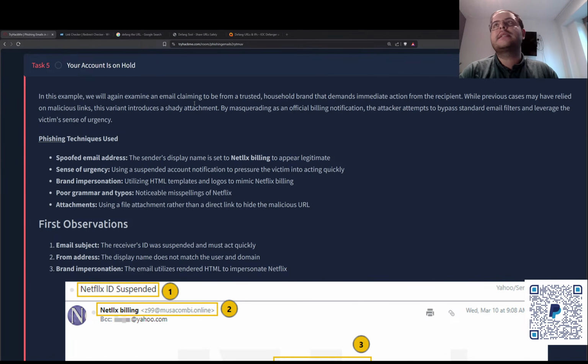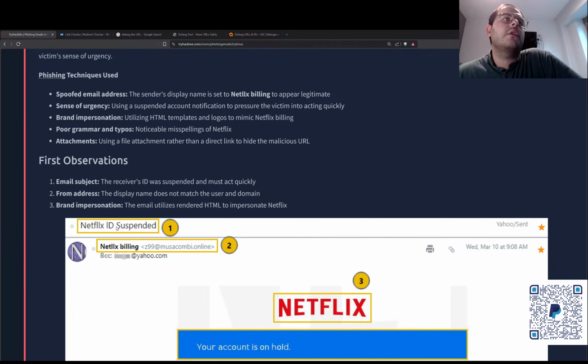While previous cases may have relied on a malicious link, this variant introduces a shady attachment. By masquerading as an official billing notification, the attacker attempts to bypass standard email filters and leverage the victim's sense of urgency. The phishing technique used is a spoofed email address, the sender